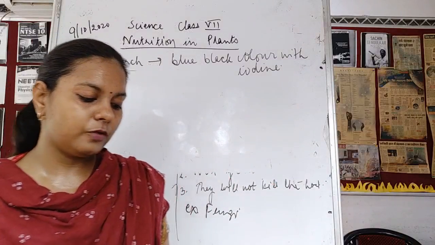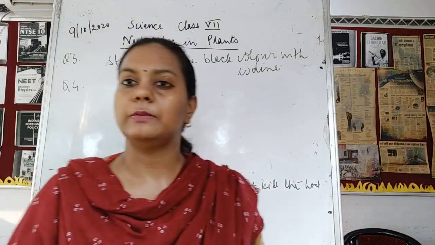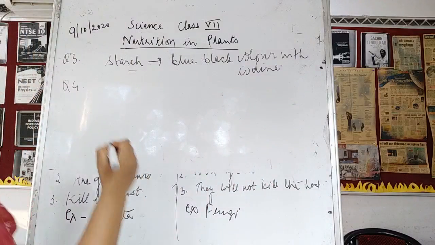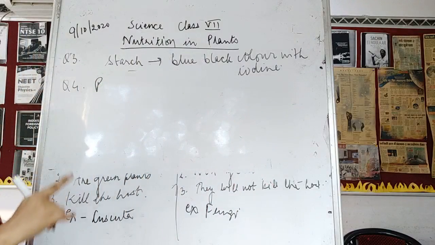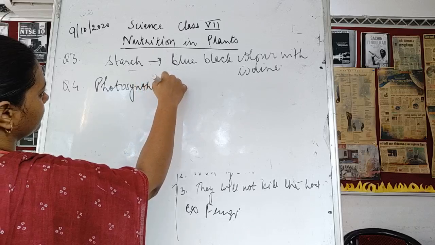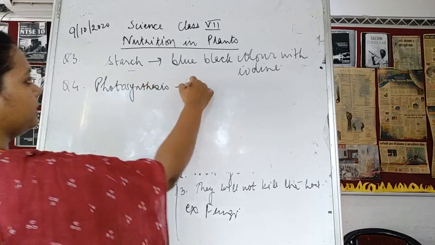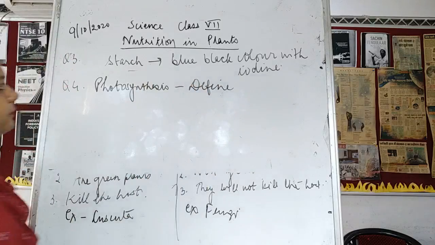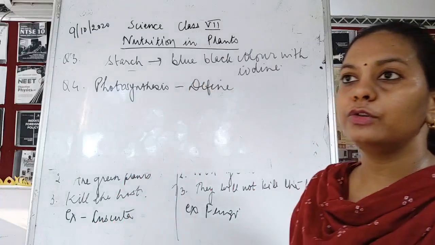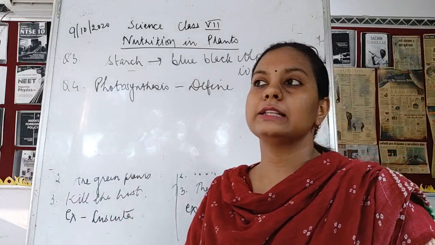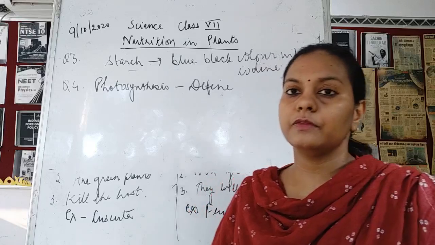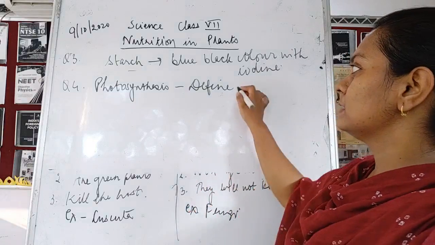Give a brief description of photosynthesis, the process of synthesis of food in the green plants. So here you are going to write down the reaction. Just now I have told you the reaction of photosynthesis. Which means it is a process. You will define photosynthesis, which means that it is a process by which green plants make their own food in the presence of carbon dioxide, sunlight, and water. Okay, so these are the ways by which photosynthesis is going to be done.